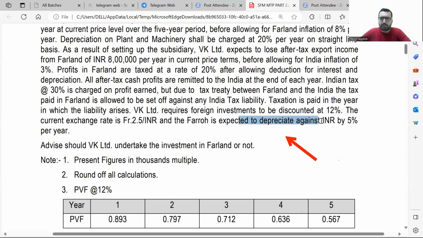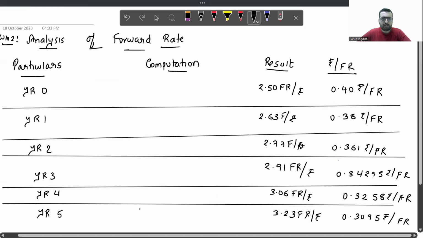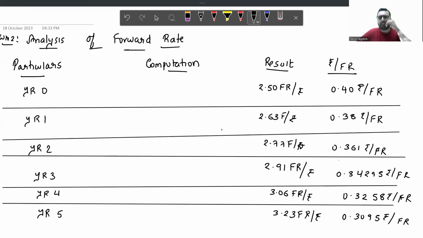FR is expected to depreciate against INR by 5%. Rate of depreciation and appreciation can never be the same. 2.5 plus 5% is wrong, George. That is not correct. But if I do like this, 2.63, 2.77, 2.91, almost the rates are the same. But 3.19, we get 3.23. What they have done is conceptually incorrect. Now, what to do? I can't give you that answer because that's wrong. Do one thing, we'll write down like this and we'll say,